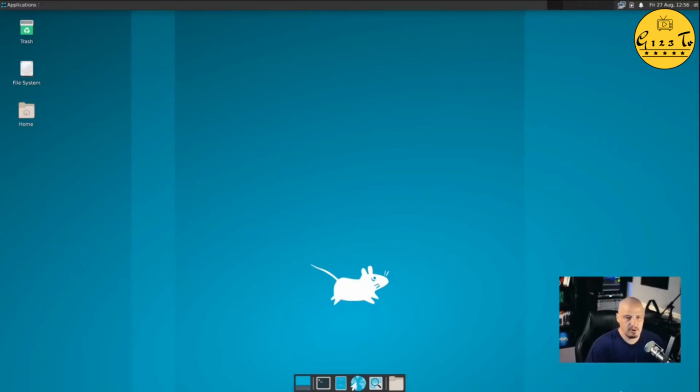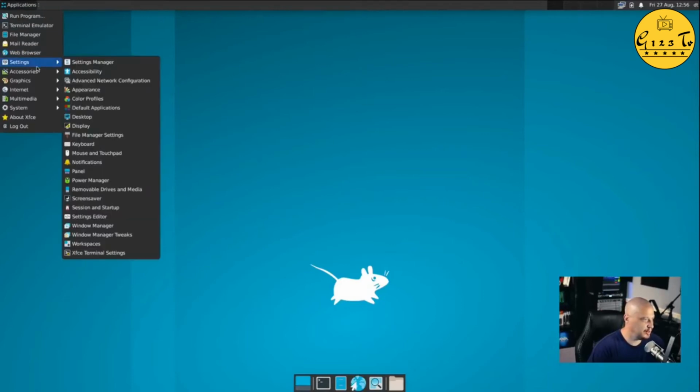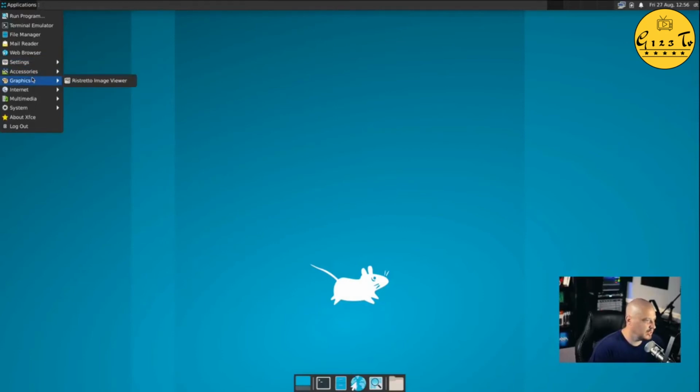Now, there's not much to look at as far as the desktop environment suite of applications installed because Void is very vanilla. This is a very vanilla XFCE. This is straight XFCE as it comes from XFCE. It's a standard default look with the XFCE dock down here with a few icons in the dock, and you got your applications menu, this old school Windows 98 applications menu, and you've got the standard suite of XFCE applications